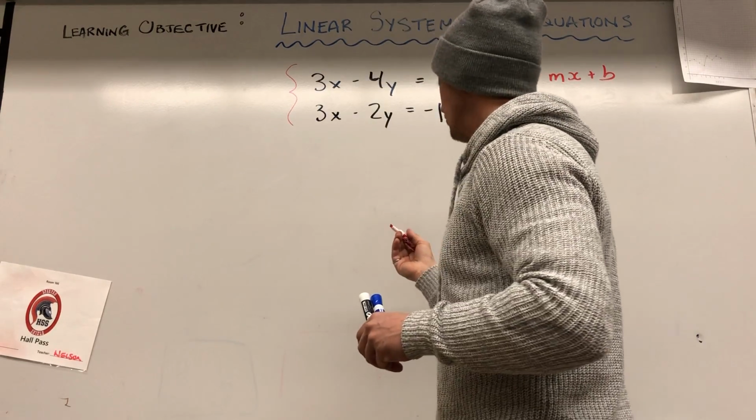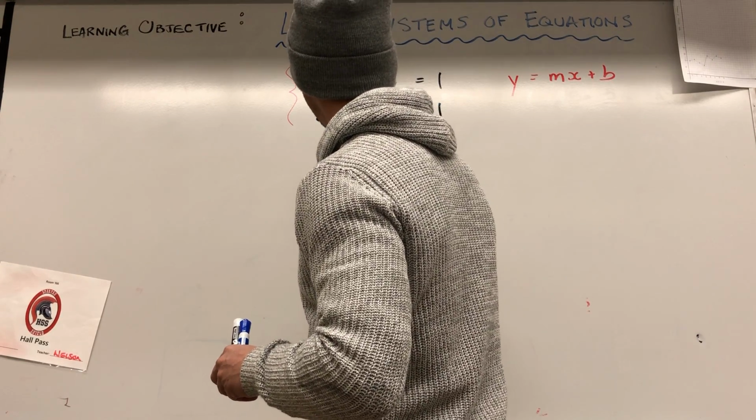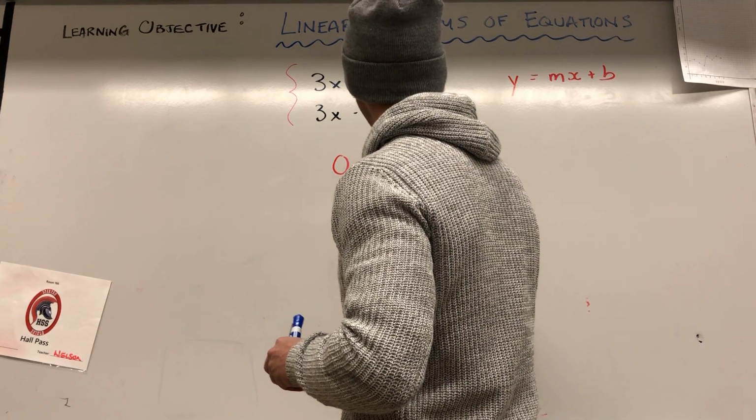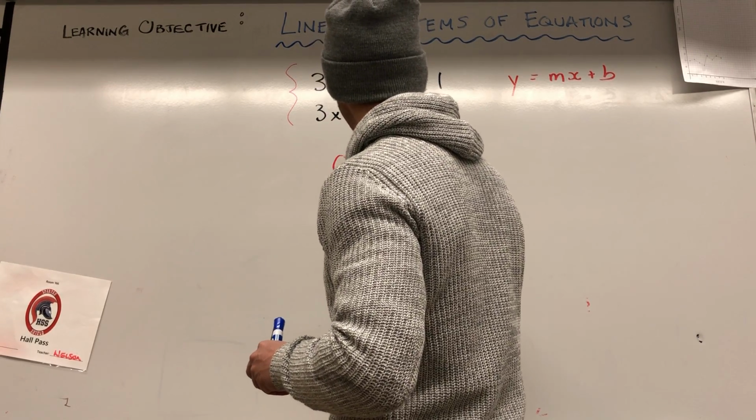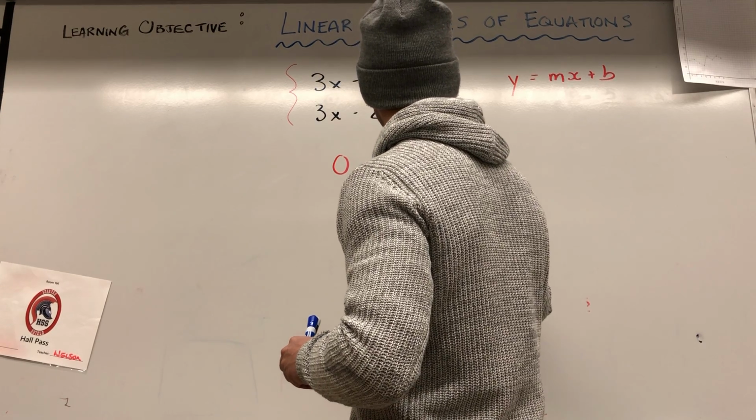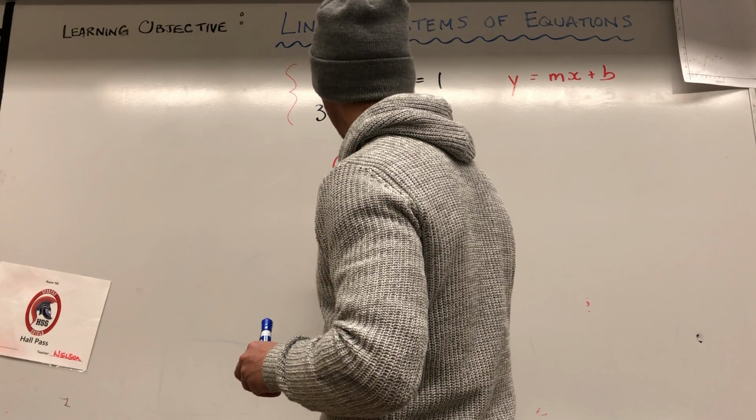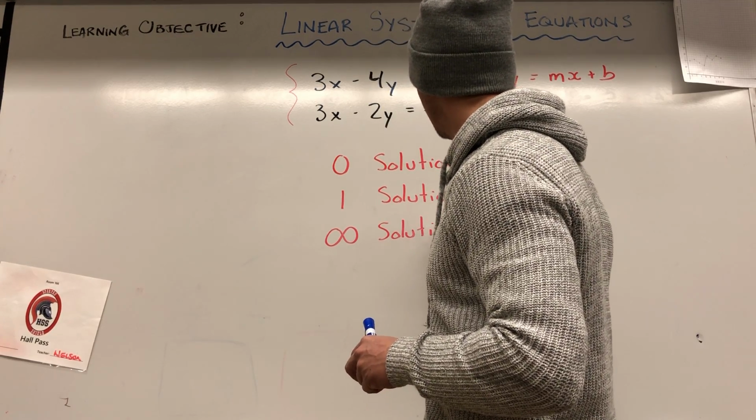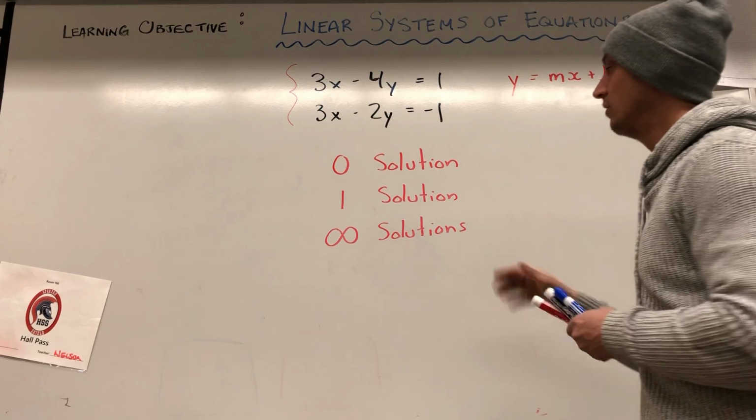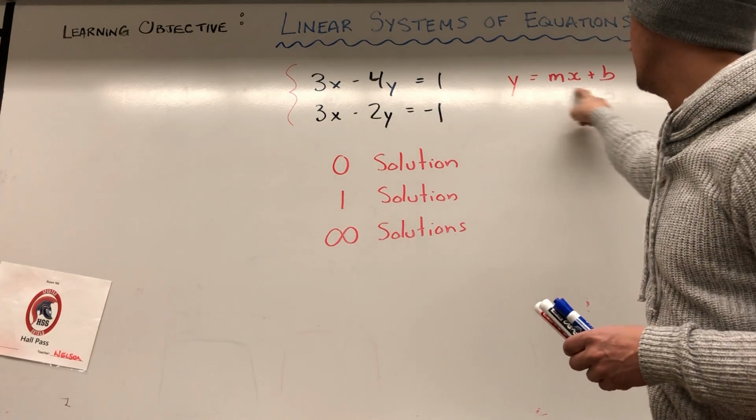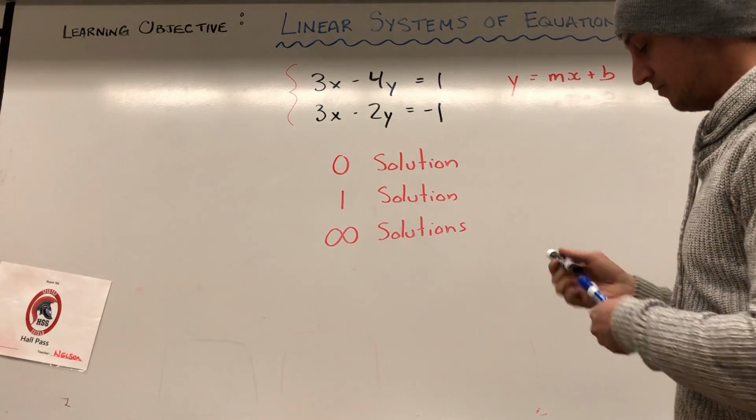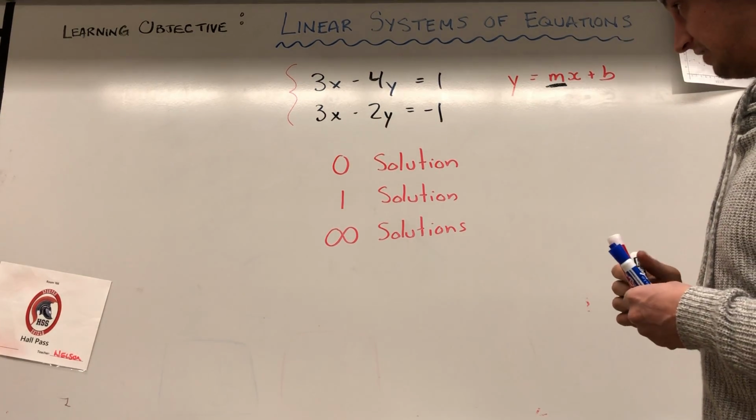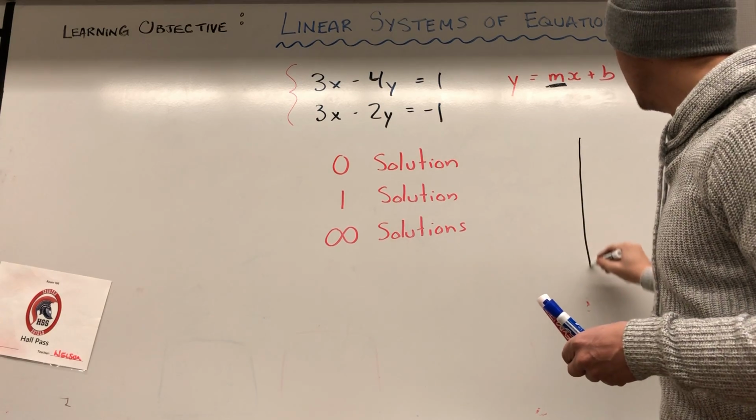Now, how do I know whether I'm going to have zero solutions, no solution at all, one solution, one intersection, or infinite solutions? What would these different scenarios look like? Well, they're all going to be based on what this equation looks like, and specifically what my slope is. So the situation where I have no solutions